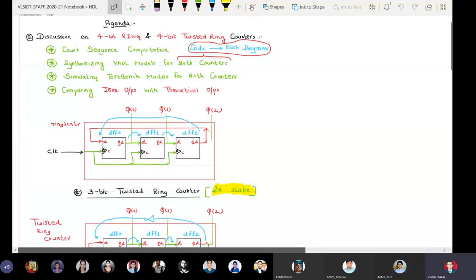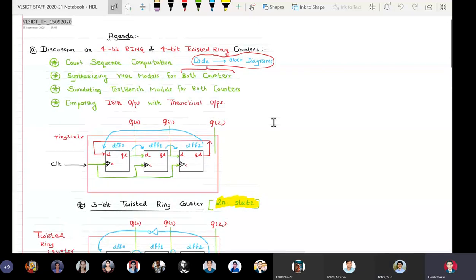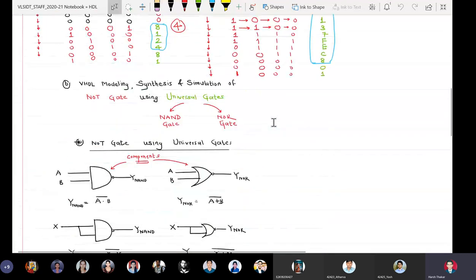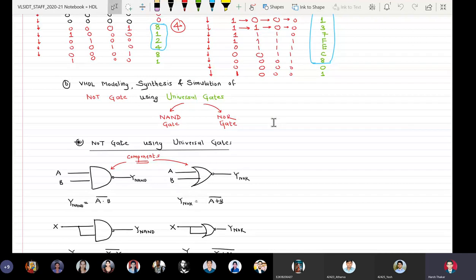Yes, sir. So yesterday we discussed 4-bit ring and 4-bit twisted ring counters, based on these block diagrams and this count sequence. Then we actually wrote the VHDL model, synthesized it and also simulated it